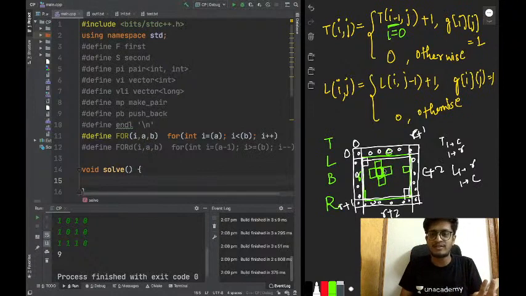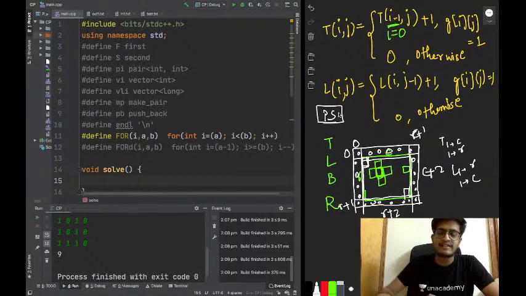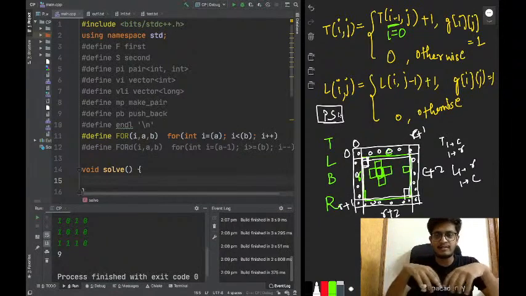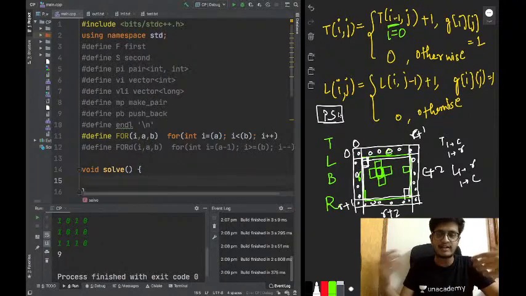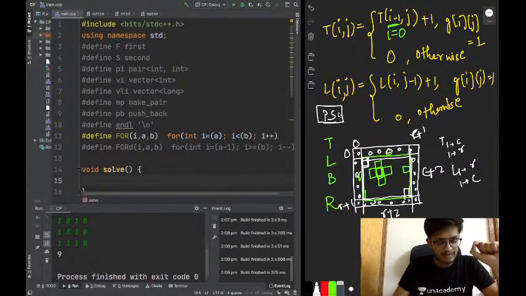We can go with our normal definition that the T value of this cell will be the T value above it plus 1 if this cell is 1, because the T value above it is anyway 0. Do you understand what I am trying to say here? This will be useful in many prefix sum problems. Previously, when we solved a prefix sum problem, I also did this. I extended the size of the matrix, so my useful matrix is from 1 to R and 1 to C, now 1 indexed. I have forcefully made this problem 1 indexed so that the boundaries all contain zeros, so that I don't have to write conditions on my own. Do you agree? Are you understanding what I'm trying to say here?